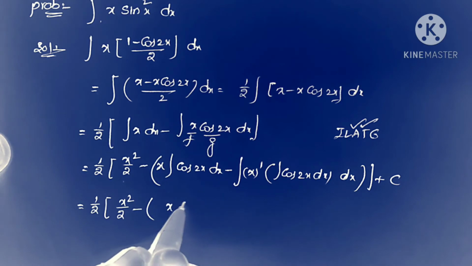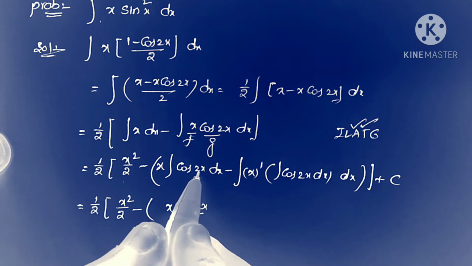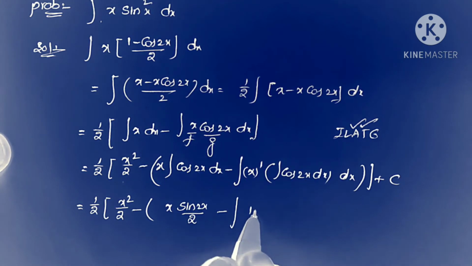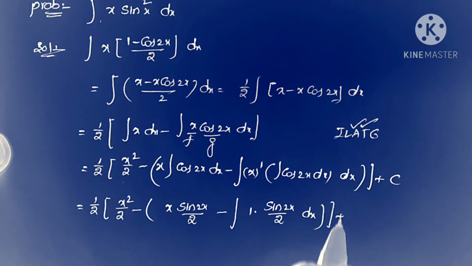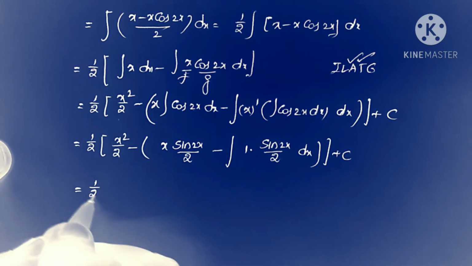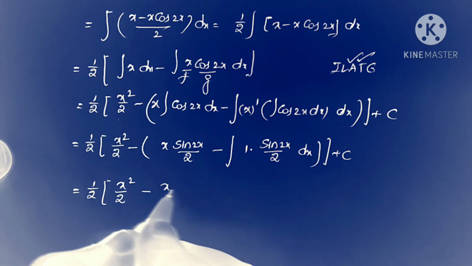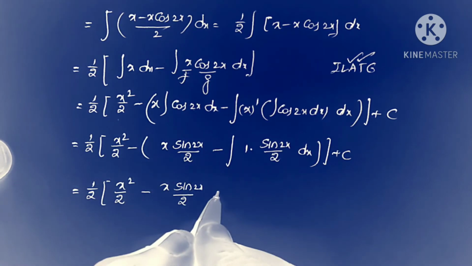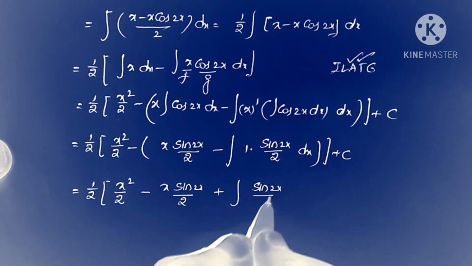x into cos 2x integration. What is cos 2x integration? Sin 2x by 2. The x coefficient is 2 there, therefore by 2 here, minus integral x derivative 1 into again cos 2x integration, sin 2x by 2 into dx plus c, and this is equals to 1 by 2 into x square by 2 minus x sin 2x by 2 minus of minus becomes plus integral sin 2x by 2